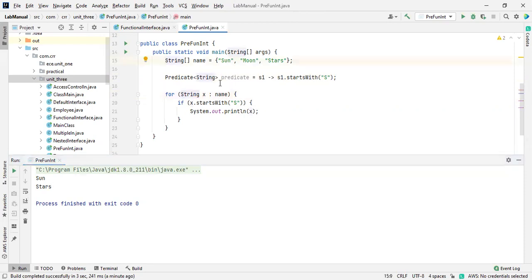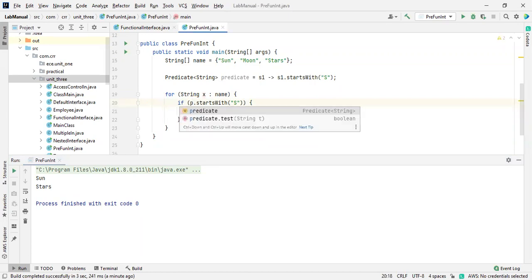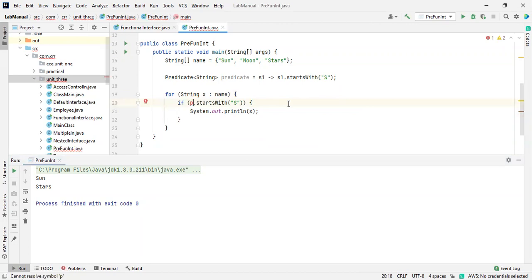Now I'm going to talk about the predicate, how you are going to use that. So that's why I'm taking care of P over here. One second. Inside this, I need to pass all these values as names. Why is it showing an error? It should not show any error, right?